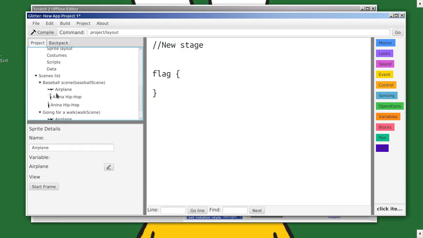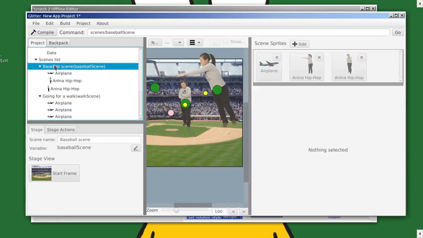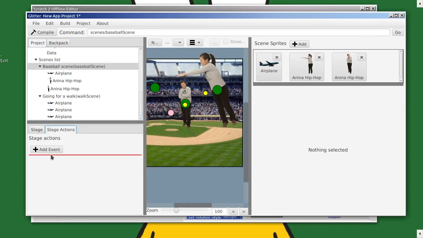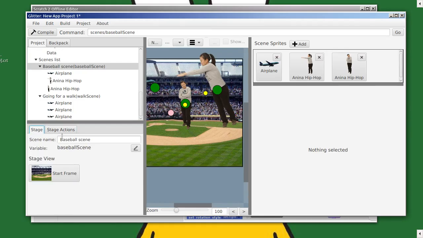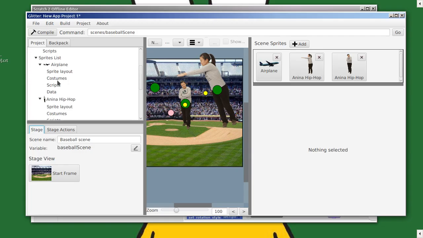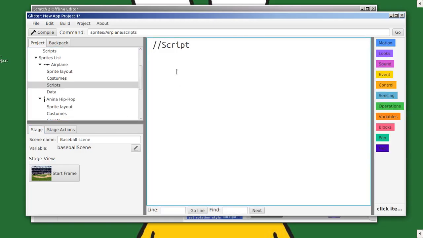I have no idea whether or not the stage actions work, because I haven't tried it recently. So they might work, might not. It's been a long time since I added those in. And also, if you want to do it directly, I think it is start, and though again I've forgotten the exact command, it's been a while. So baseball scene,